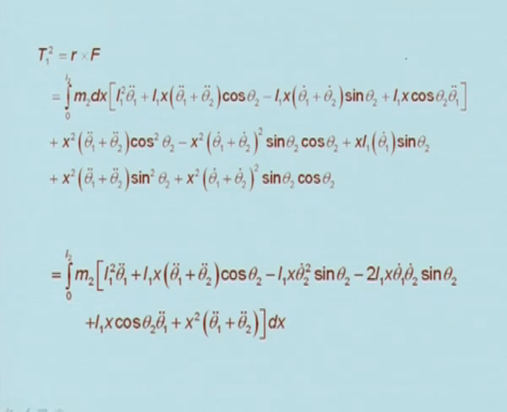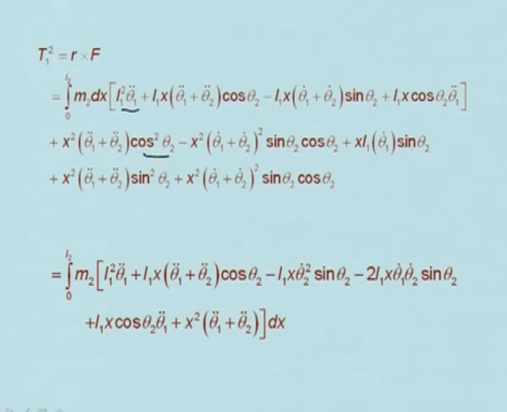So this is what happens: you will get these expressions, m2 dx times L1 square theta 1 double dot plus L1 theta 1 double dot theta 2 dot cos theta 2 minus L1 (theta 1 dot plus theta 2 dot) sin theta 2 L1 cos theta 2 theta 1 dot plus x square (theta 1 double dot plus theta 2 double dot) cos square theta 2 minus x square (theta 1 dot plus theta 2 dot) square sin theta 2 cos theta 2